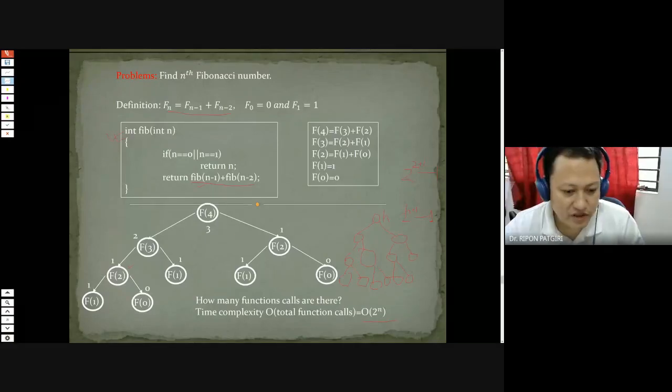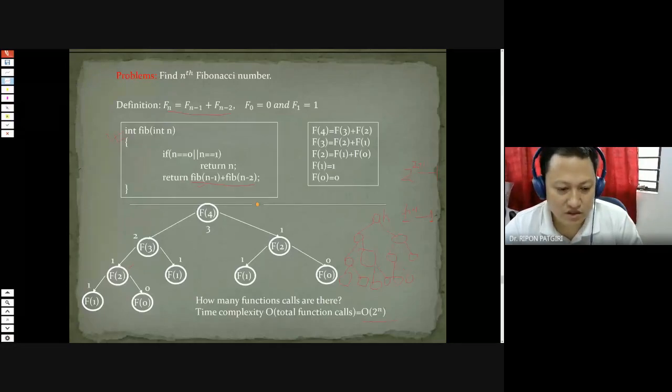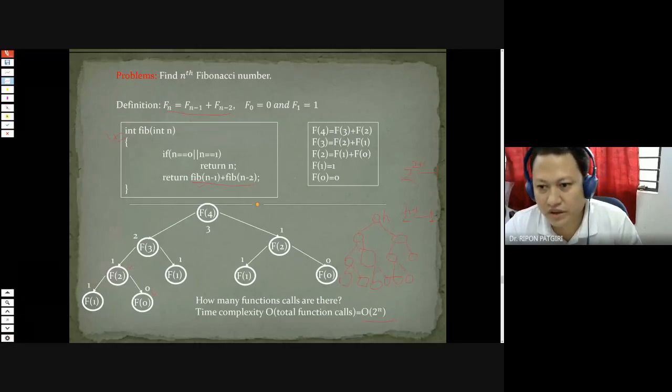Then what is Fibonacci of 1? Here it is defined that if n is equal to 1, then it will return the value 1. And if n is equal to 0, then it will return 0. So what is f of 2? What is f of 4? We don't know, but the formula gives you f of 3 plus f of 2.